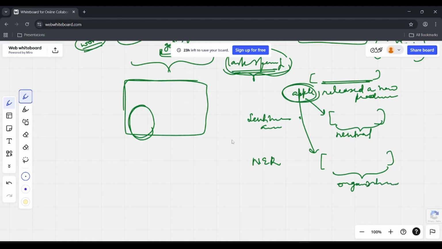So we want task specific word embeddings, task specific contextual embeddings that speak out that this is what it means based on the task that we have at hand. Okay, now how do we get from contextual embeddings to task specific contextual embeddings?